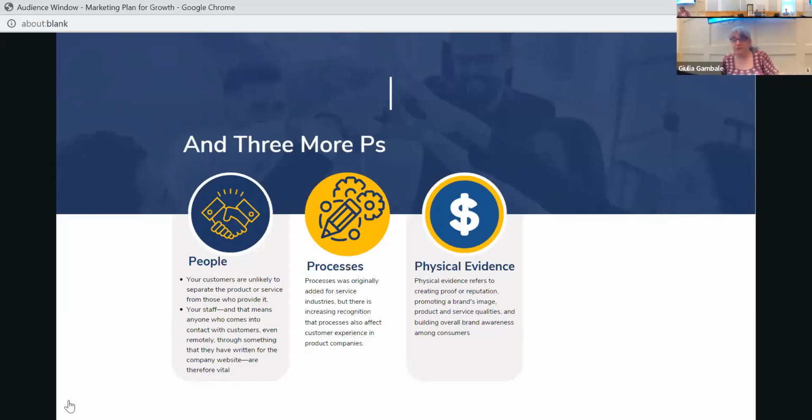Physical evidence refers to creating proof or reputation promoting a brand's image. A lot of times when we do marketing plans or campaigns, building websites, that sort of thing, we have things integrated like testimonials, both making sure that we have a testimonial on our website or on our Facebook page or on LinkedIn, and providing a process by which a client or customer can provide a testimonial or a recommendation, right? So having that process to provide a recommendation, whether it be on Yelp or on Google Maps or something like that,